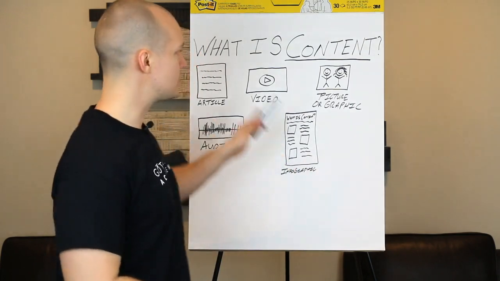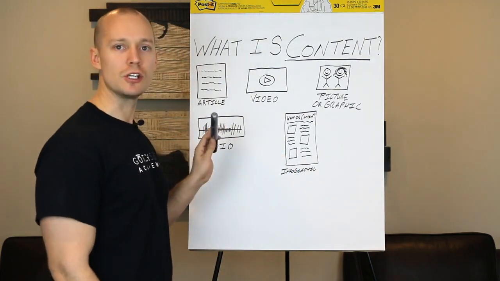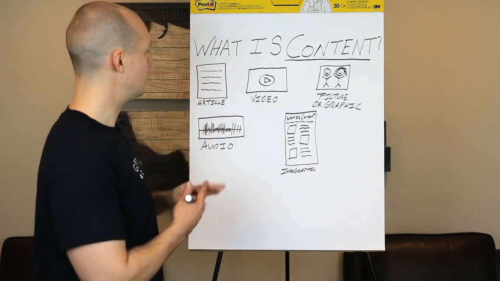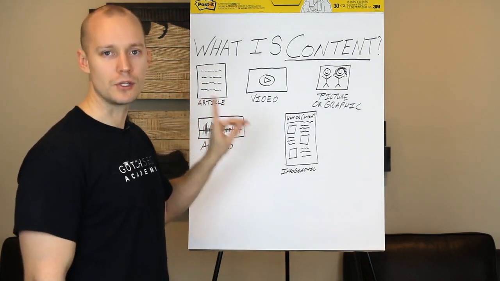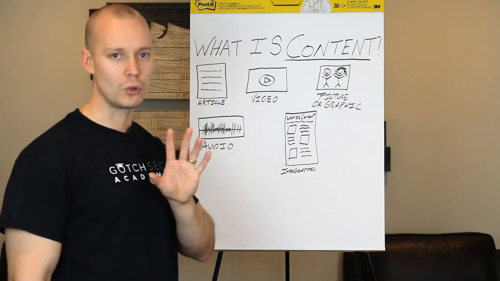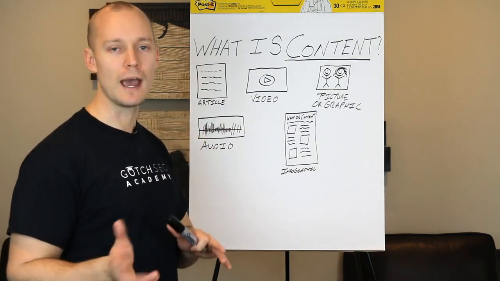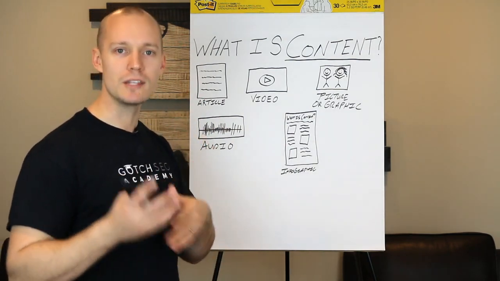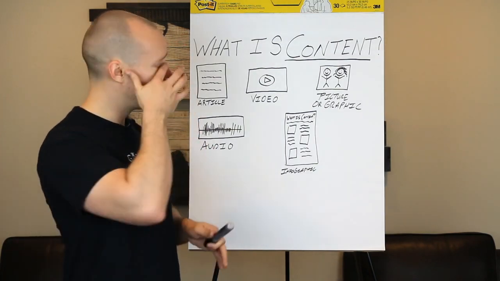As you can see from my illustration, first of all, I'm not a good illustrator, so that's the first thing to get out of this. Number two, my writing is a little questionable, so that's why I write in all caps. You're going to be seeing a lot of this throughout the course, so just get used to it.